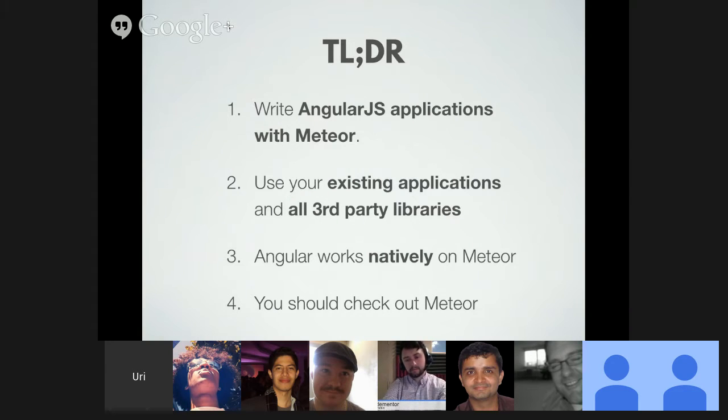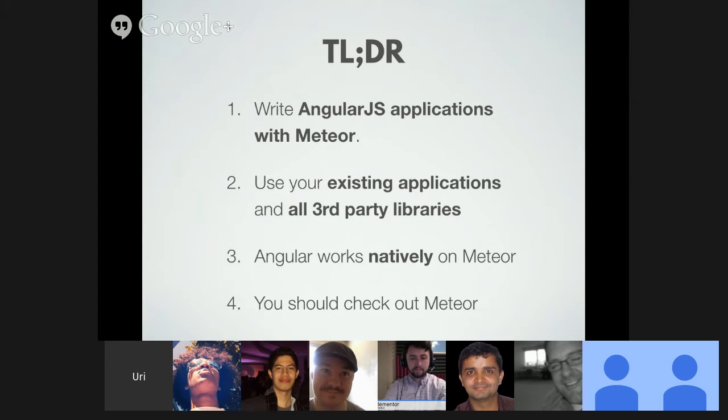People say that Meteor is a very closed platform, and after working with that for a while now, I think it's the opposite. If you really study the platform, you can see you can do almost everything, and it's open source. You can just take and change stuff if you want. But even if you just use it, it's all built on top of packages, so you can just replace packages and do whatever you want.